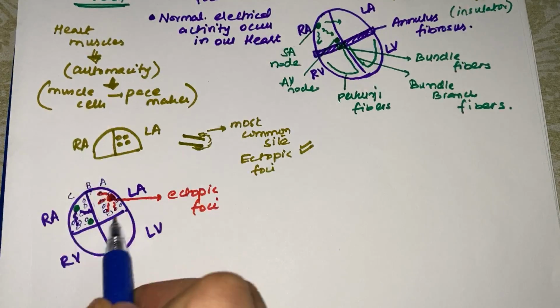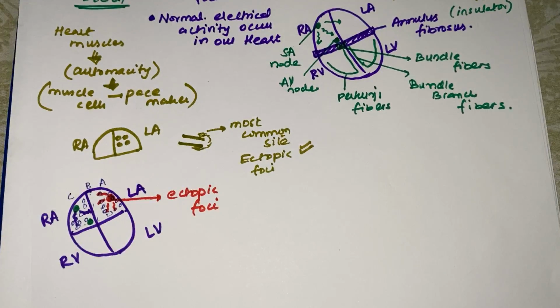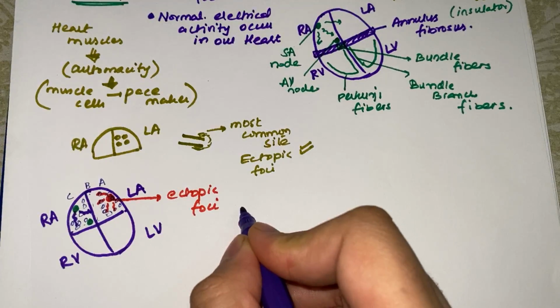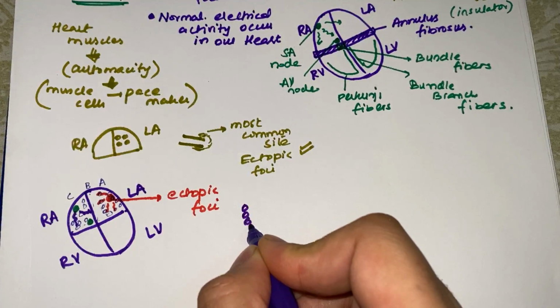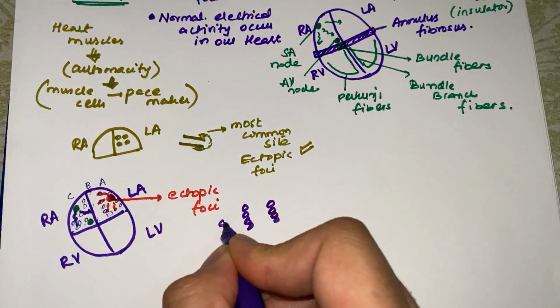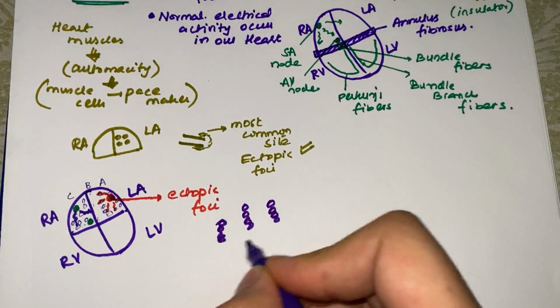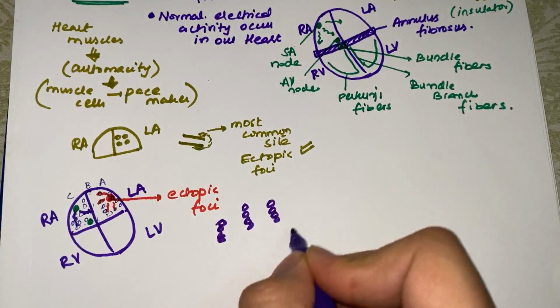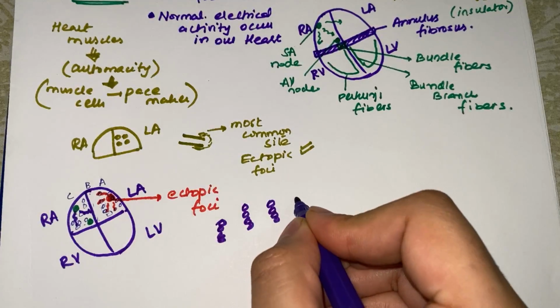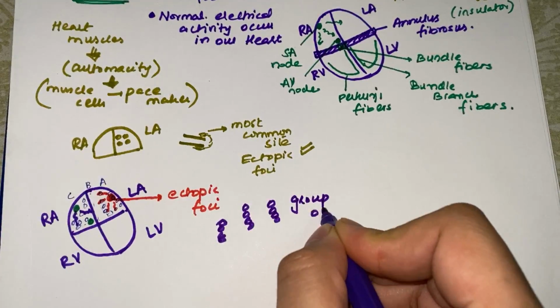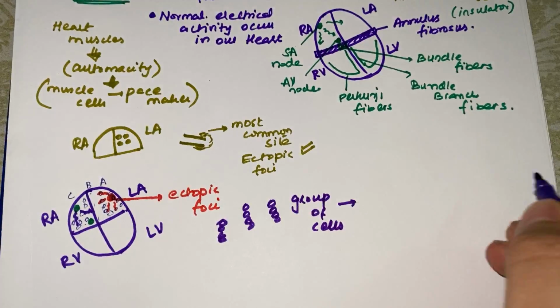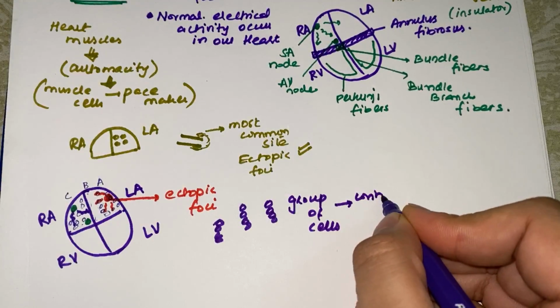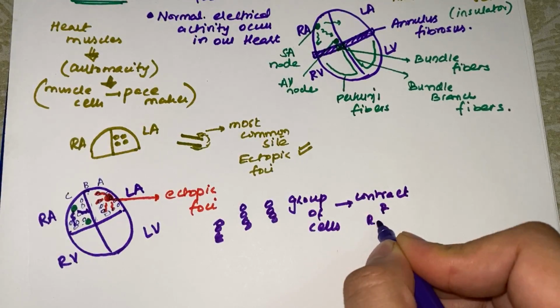Now what will be the result of this? Within our atria, groups of cells will form. Suppose this is a group of cells, this is a group of cells, this is a group of cells. Now different groups of cells are formed within the atria, and these groups of cells then contract and relax